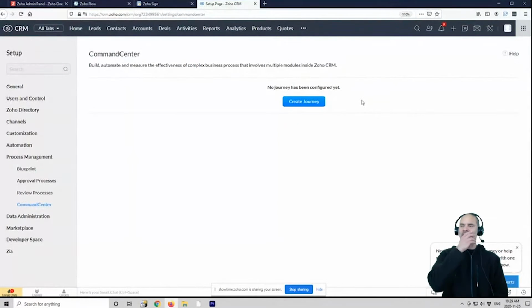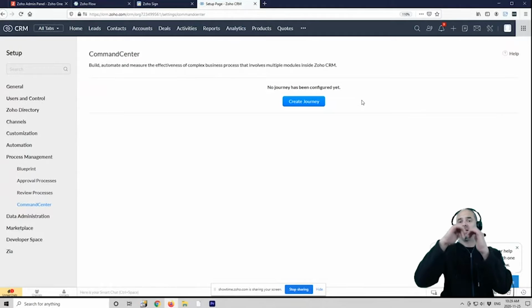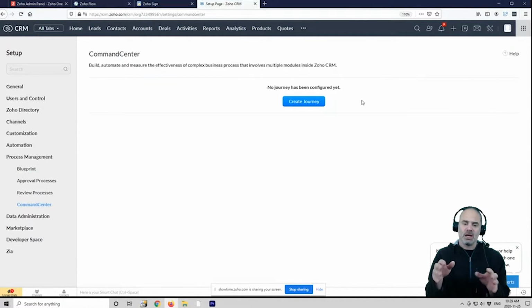When you have the Command Center, you have two things that you can enjoy by using it. One is a visual representation of how many people went into each funnel and how they're distributed across the journey. Another one is automations that you can run in the background.